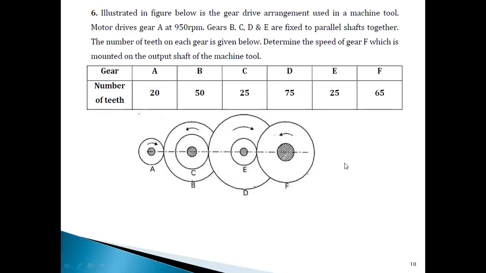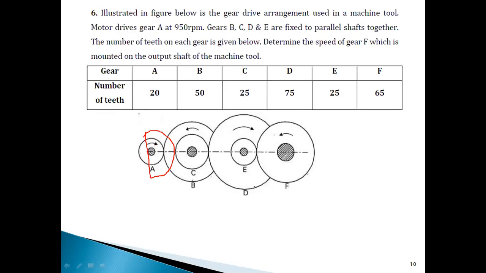So here this is also a problem on a compound gear train itself. So for compound gear train, velocity ratio is ratio of the speed of the last gear, that is NF divided by NA, is equal to product of teeth on the driver gear to the product of teeth on the driven gear. So first important thing is you have to find out how many number of teeth are present on the driver gear. So if you observe carefully here, the first combination is between A and B. This is the first combination. So A is driving gear B.